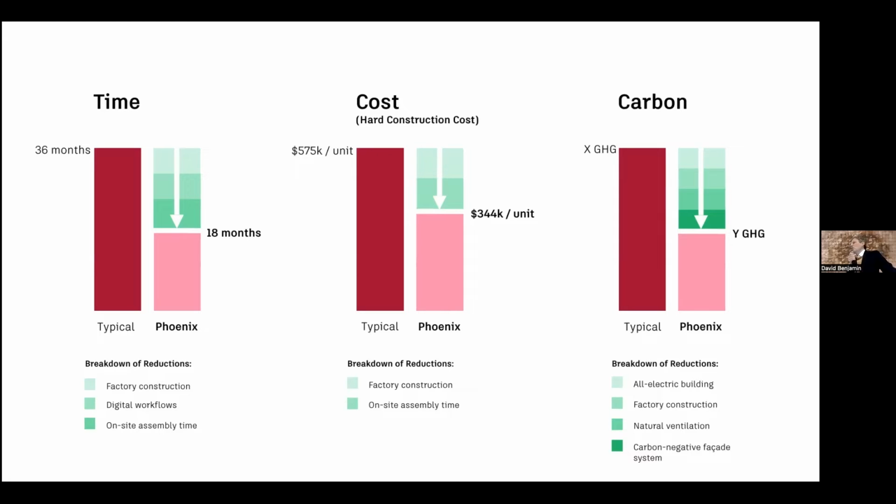Now, part of this is due to California regulation and government, because it's going to be an all-electric building, like all new buildings have to be of this size. But there are also carbon reductions due to factory construction, and there are other parts of it that are due to some of the more experimental things we're doing on the project, including reducing operational carbon through natural ventilation, and reducing embodied carbon through an innovative facade system, and I'll mainly focus on the facade system.